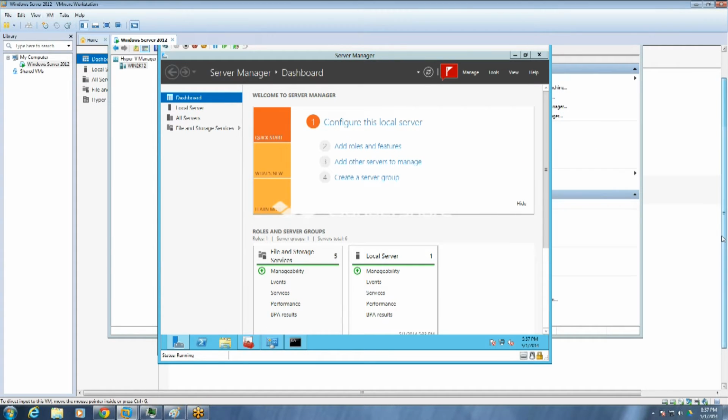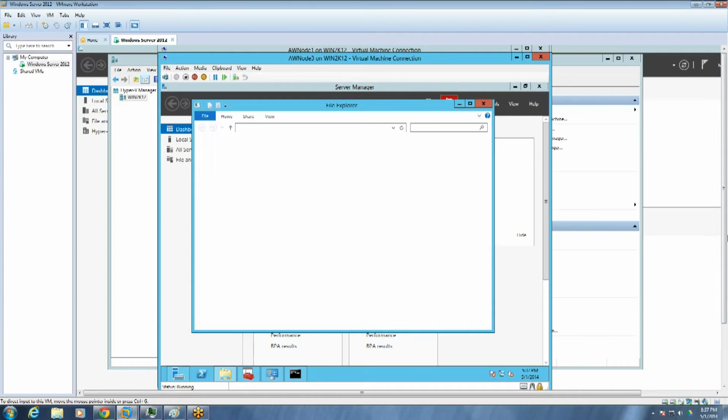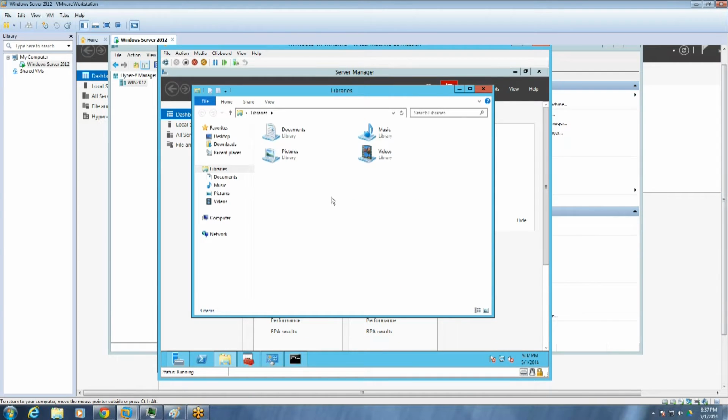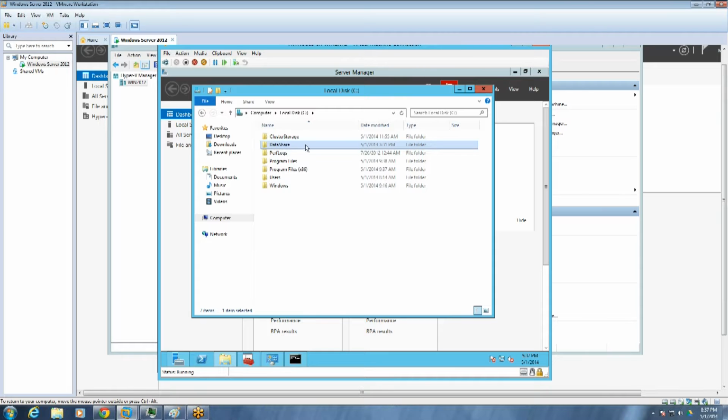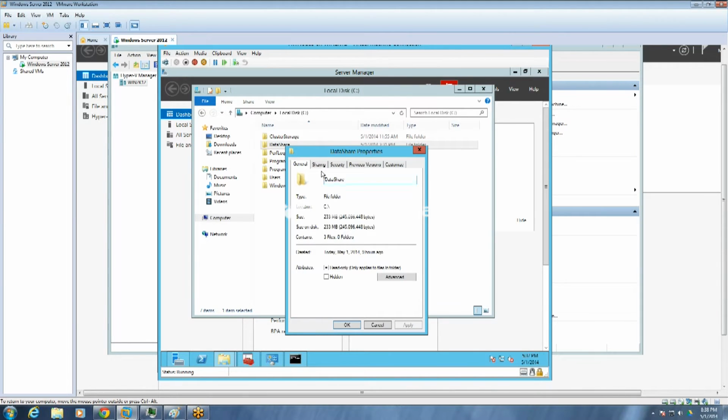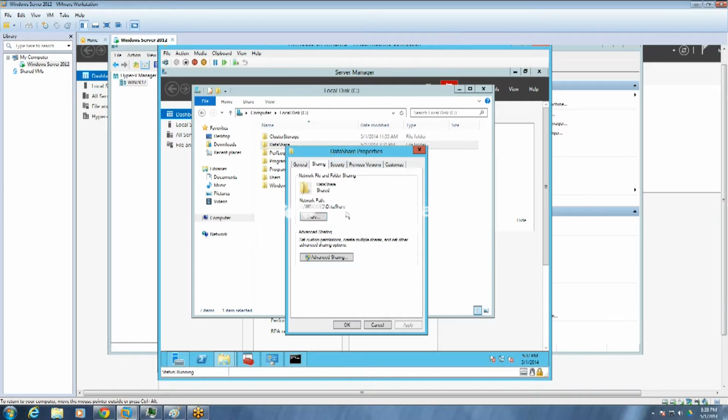If I go in node 3, this is our node 3, AW node 3, and on my node 3 computer over here, I made a data share right here. This data share is shared among all the nodes. If I go into the properties, I have to share it, so it's shared, and my shared path is AW node 3 data share.